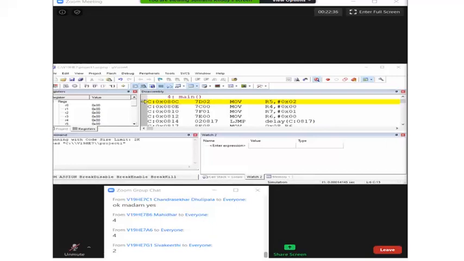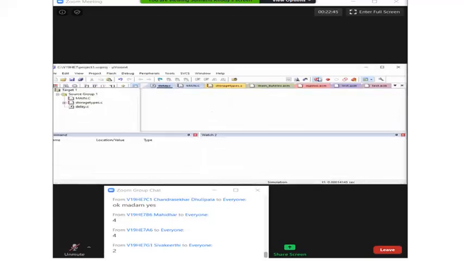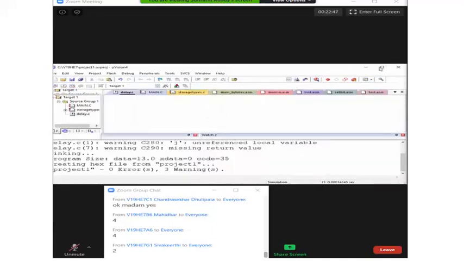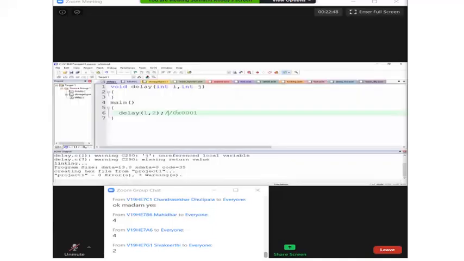So here it is using only 2 registers for one short integer, 2 registers for another short integer. Like that, how many arguments I can pass which are of short integer type? We'll check it out.